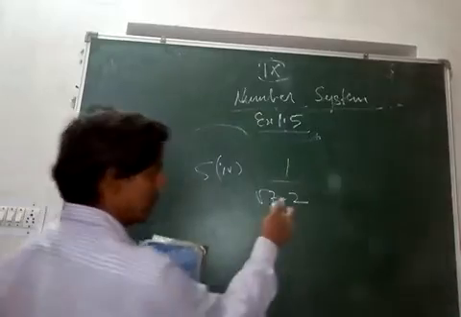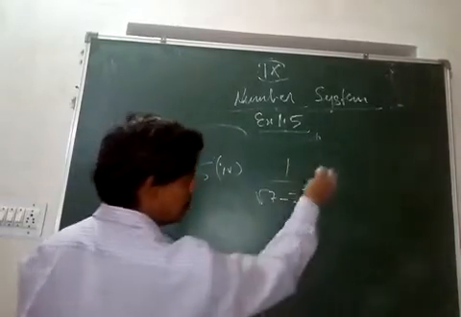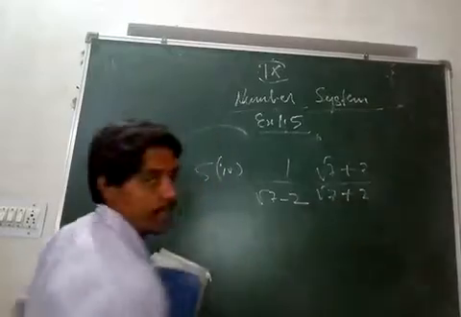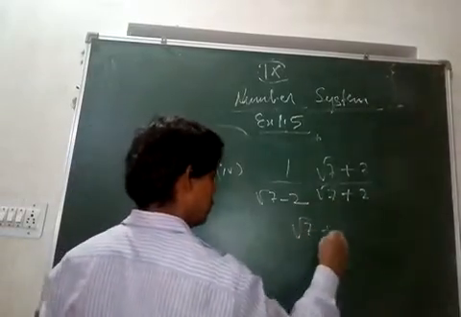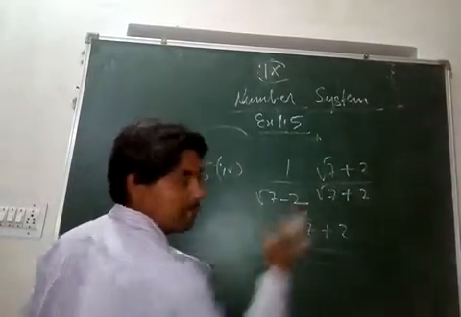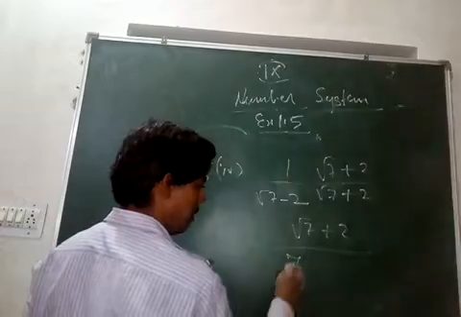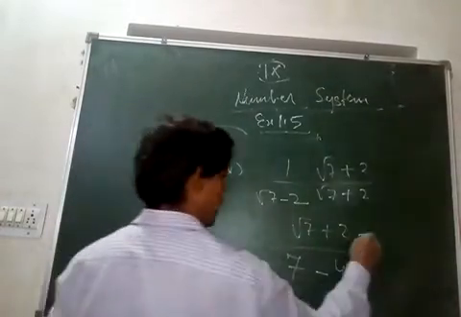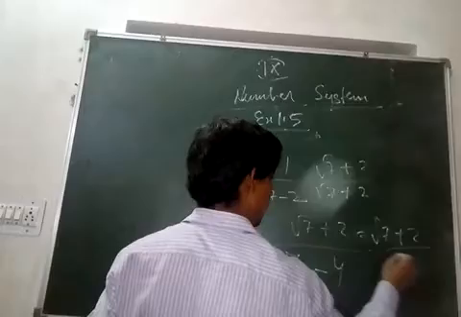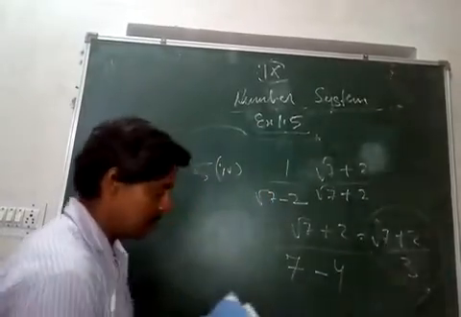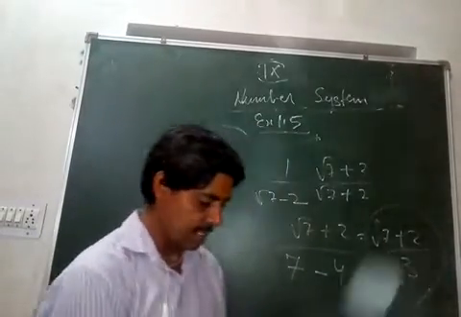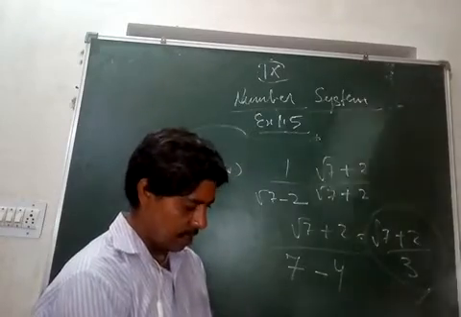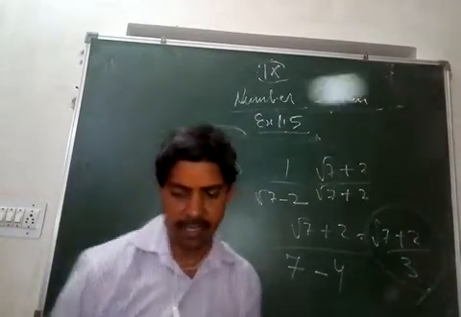So if you just multiply by, change the sign, minus 2. So multiply root 7 plus 2 in the numerator and denominator. You will get root 7 plus 2. This is a minus b, this is a plus b. So this is root 7 square, which is 7, minus 2 square, which is 4. So you will write root 7 plus 2 upon 3. So this is how you get the answer, and you will try and rationalize. So in this class, this is all about rationalization and pi.